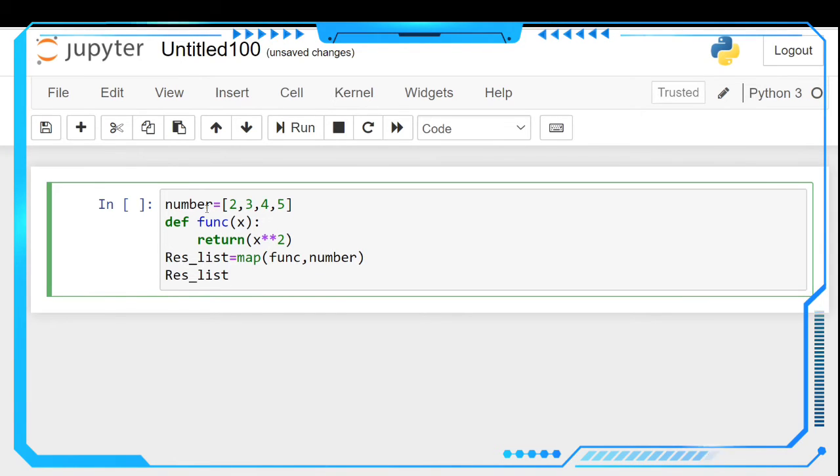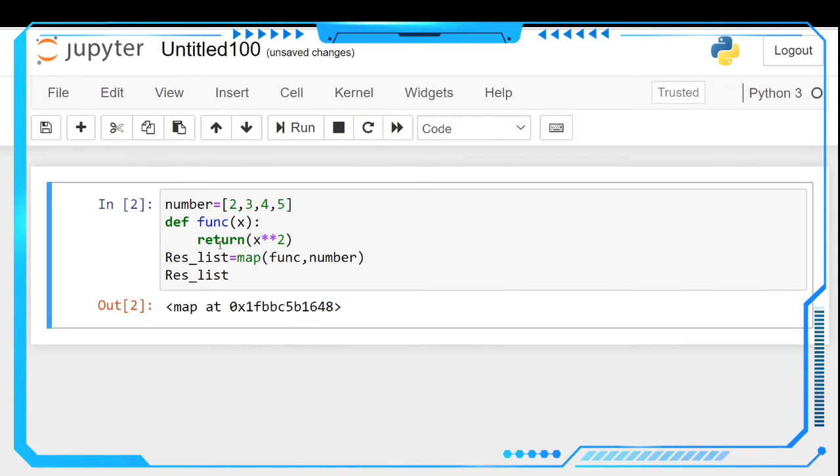See here, the map function will always return a map object. To see the output results after squaring these numbers, we have to make it a list. So list of result list.